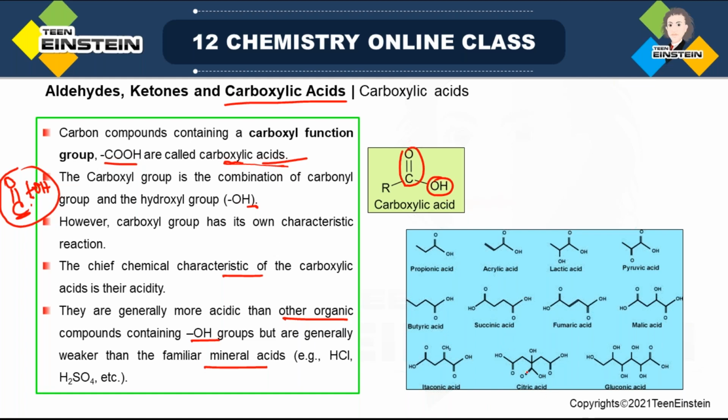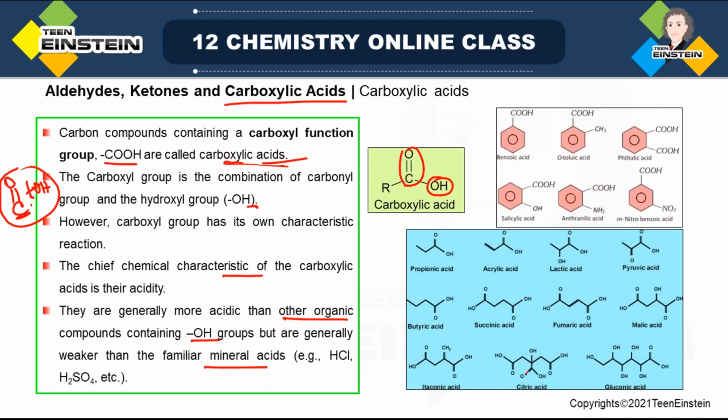So the names that you are seeing here are basically common names. We will also see how to use the IUPAC names. Some aromatic carboxylic acids you can also see. This is the simplest aromatic acid possible. Then we have methyl substituted acid, at ortho position there is methyl. Salicylic acid, then anthranilic acid, NH2 at ortho position,